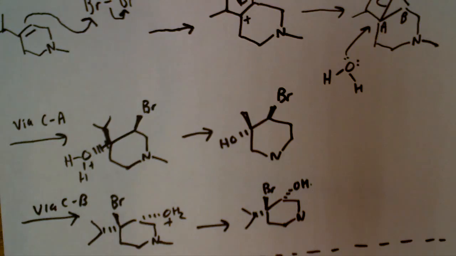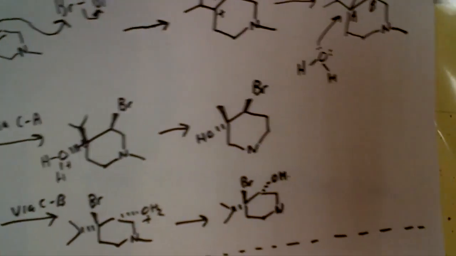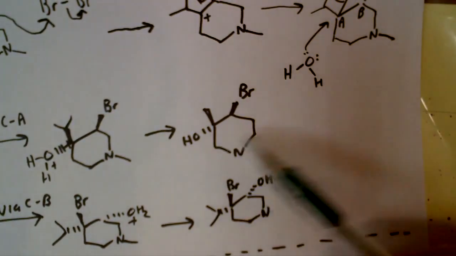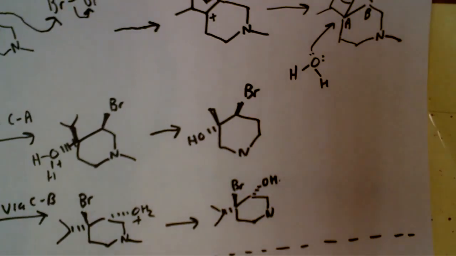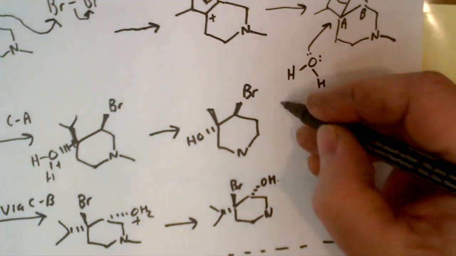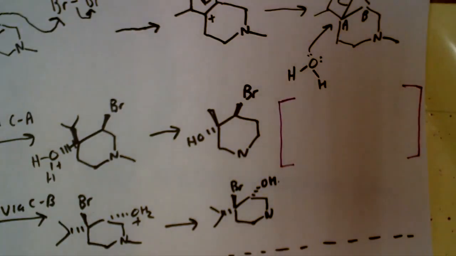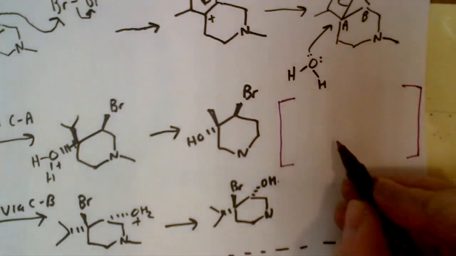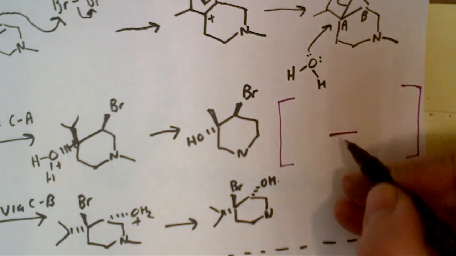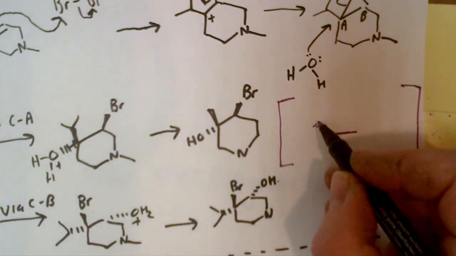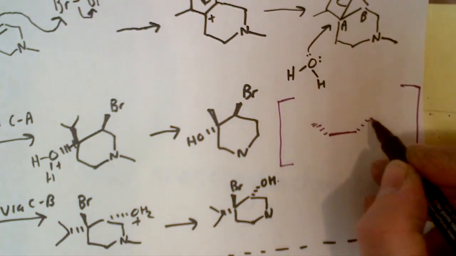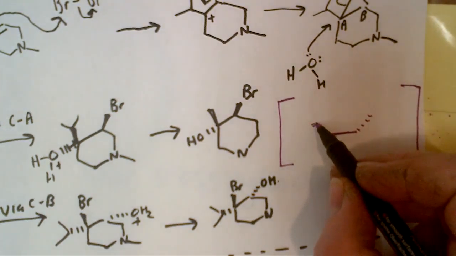So let's just consider again, we'll just pick one out for the moment. We'll pick route A out. Why would we be attacking from the bottom of the system? So let's just look at this and say for route A, by carbon A, if we were to draw this system in place now, where we were to represent the kind of hexagon ring system in this manner,